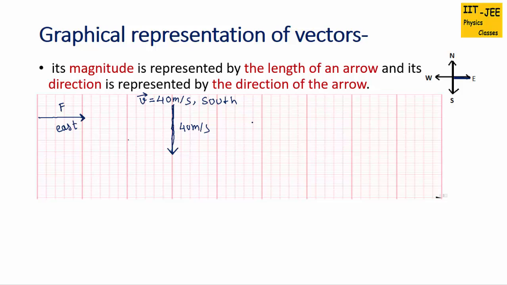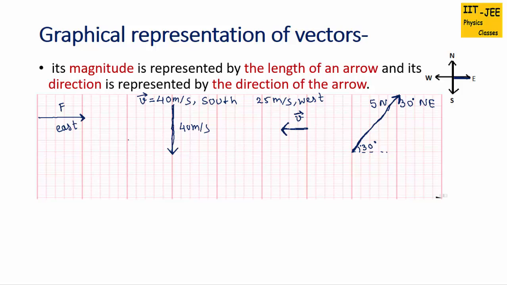The same way, suppose we have to show 25 meter per second towards west. So 25 is like 2.5 squares. This length is showing 25 meter per second and direction is west. So it will go like this. Suppose a force vector is 5 Newton, 30 degree northeast. So first of all we will draw the angle. It's 30 degrees like this. 1 Newton equals 1 square. So 1, 2, 3, 4, 5 newtons. We will put an arrow over here.